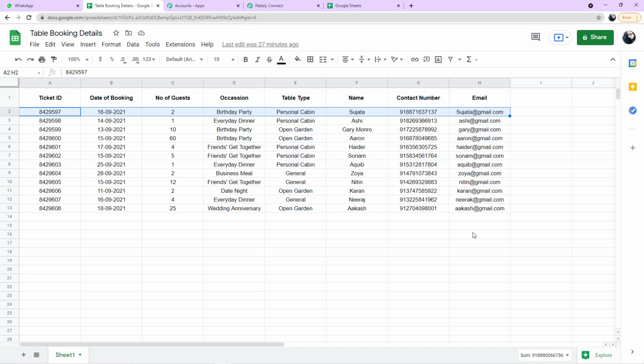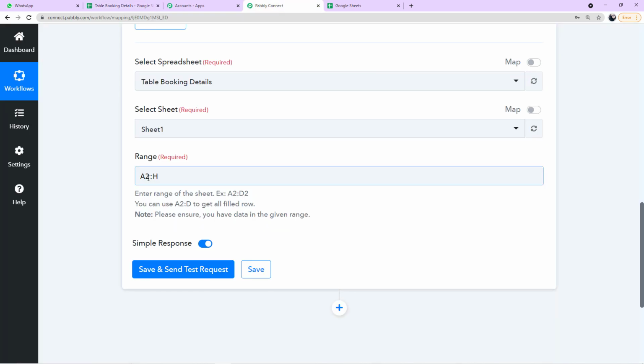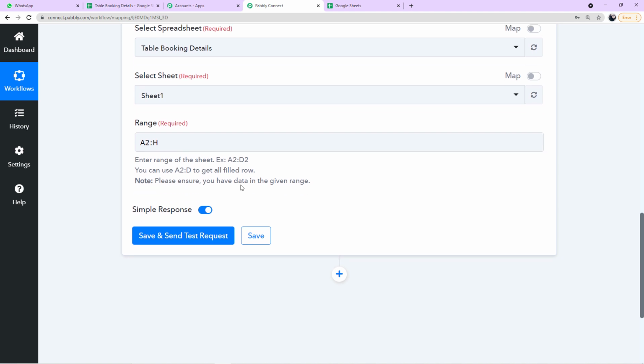We do not put the endpoint of our data. We just put the H, meaning we have data from here and it can go up to many rows. So by putting this type of range, this will get all the filled rows. Whenever you fill a new row, it will fetch the data.